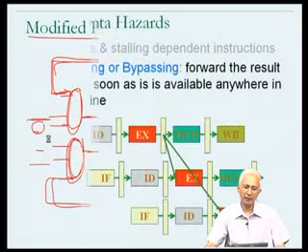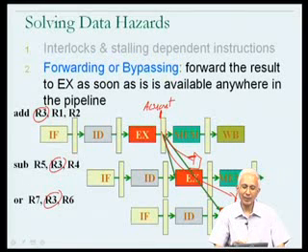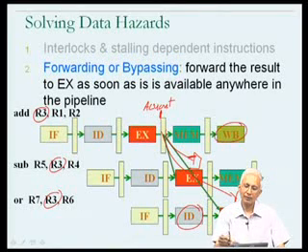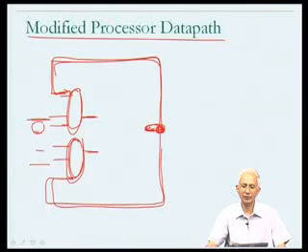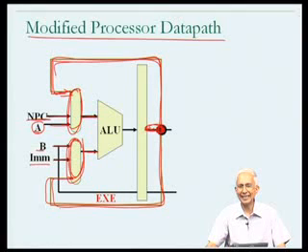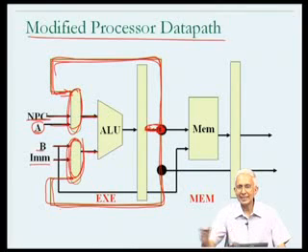As we had seen in the previous diagram, it looks like if one looks at this diagram carefully, the instruction following the subtract instruction may also require the value computed by the add instruction as its source operand, and you'll notice that it's not safe for that instruction to read from the register file because the register file will be updated later, and therefore it too requires a bypass path in order to safely get the value which was computed by the add instruction and not yet put into register R3. So in order to take care of the next instruction, it becomes necessary to include bypass paths from one cycle